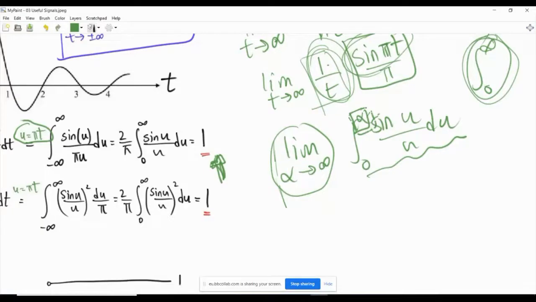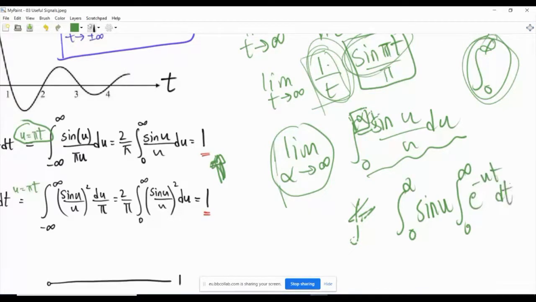So you should integrate from 0 to alpha. And now to do the integration, I gave a hint in the problem. I remember the hint was basically that I will take this 1 over u and write this as sine u, and 1 over u I wrote as the integral from 0 to infinity of e to the minus ut dt, du, so that when you integrate this with respect to t, you will get 1 over u. Now you have a double integral,